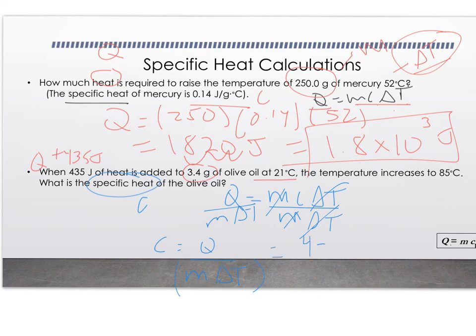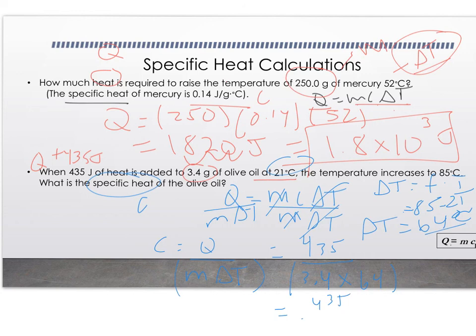Your Q is a positive 435 over the mass, which is 3.4, and you're going to multiply that by delta T. Well, delta T is final temperature minus initial. If you want to raise it to 85 degrees Celsius and you originally started at 21, your delta T value is going to be that difference, which is 64 degrees Celsius. Okay, so then you take 435. The product of 3.4 times 64 is 217.6. And then 435 divided by